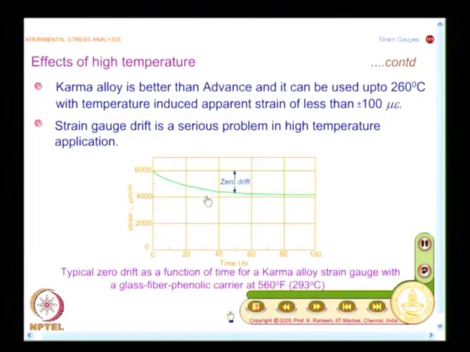So, in all these applications, it is prudent to measure the actual temperature at the point of interest. Even if you do not have the data while you perform the experiment, you can at least go back and develop for that particular temperature a test data which would give you the change of zero drift as a function of time. So, for any temperature extremes, we will also see cryogenic temperatures, there also it is prudent to measure the temperature at the point of interest. So, that is what we are looking at.